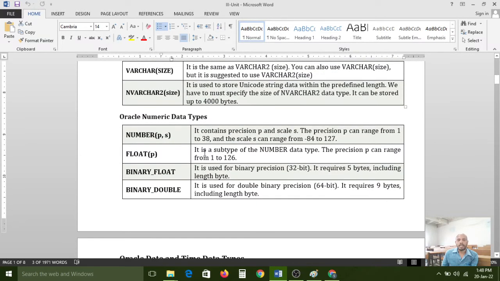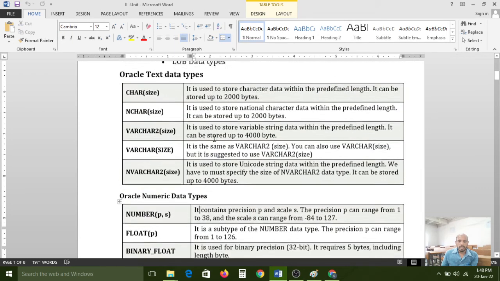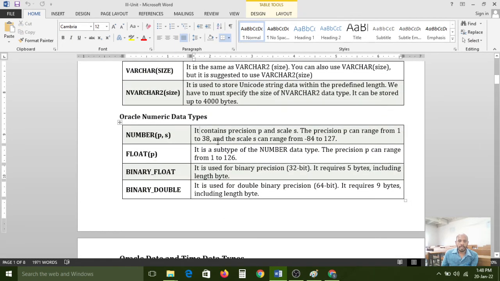Now let us understand the numeric data types. In the numeric data types, we use number. Float we can also use, binary float, binary double. Just observe here, I have given descriptions about the data types.